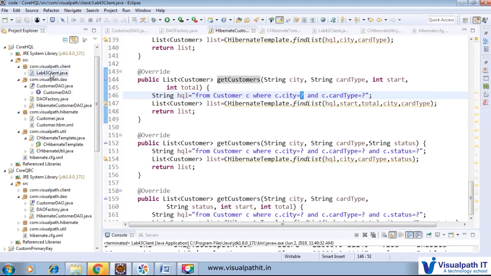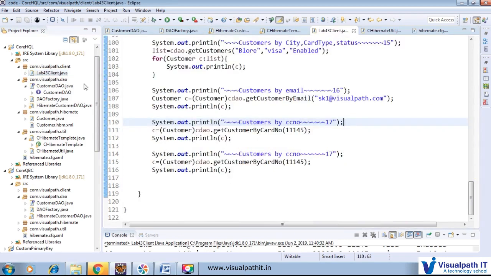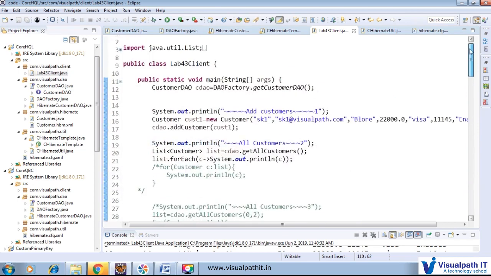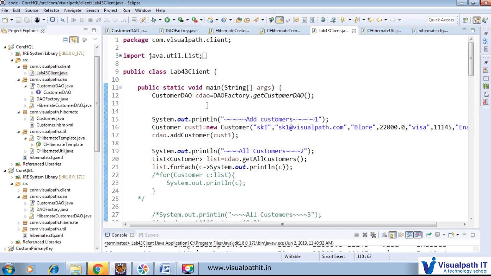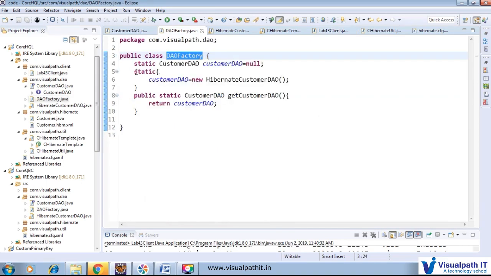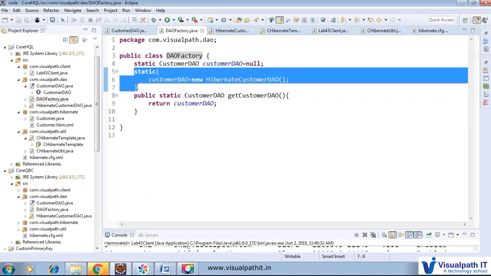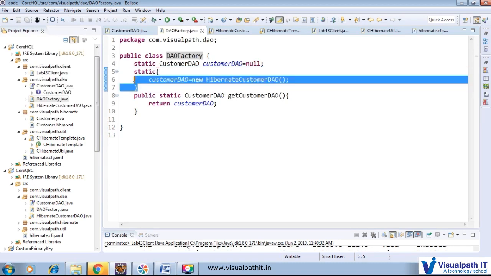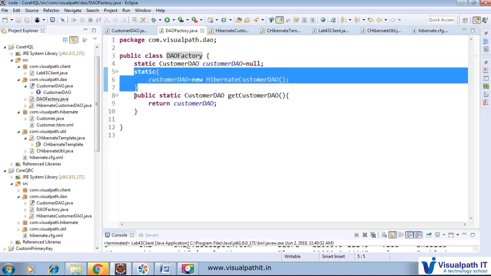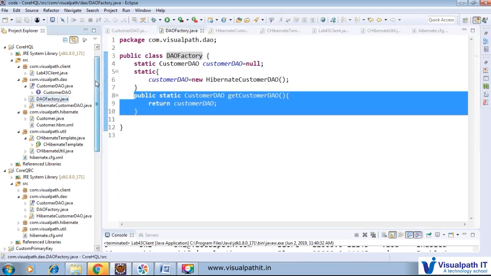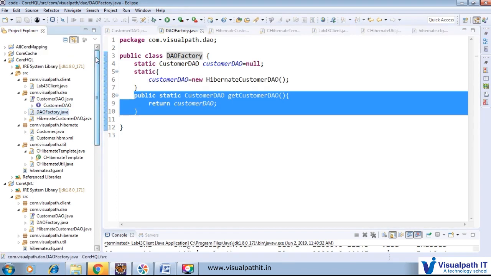And here you have the client code, where you can call this DAO method. The DAO class object you do not create directly. Instead of instantiating it that way, you write one DAO factory, and here you will instantiate it by the static block. Through that it becomes a singleton, and you will return this object through it. And just try to run, it will work fine, and I don't think it will have any problem.